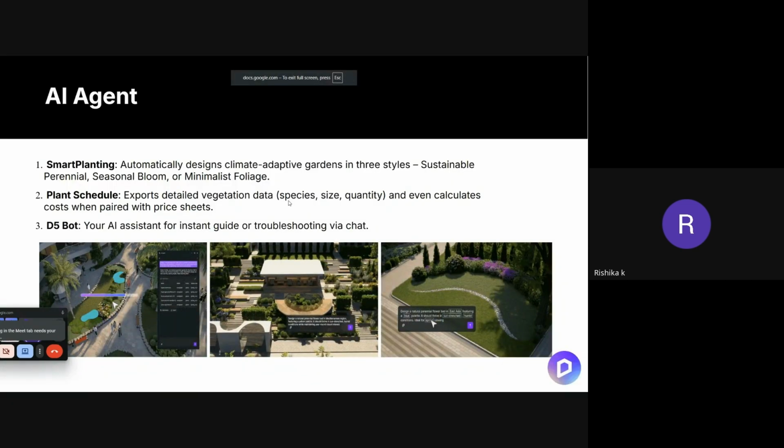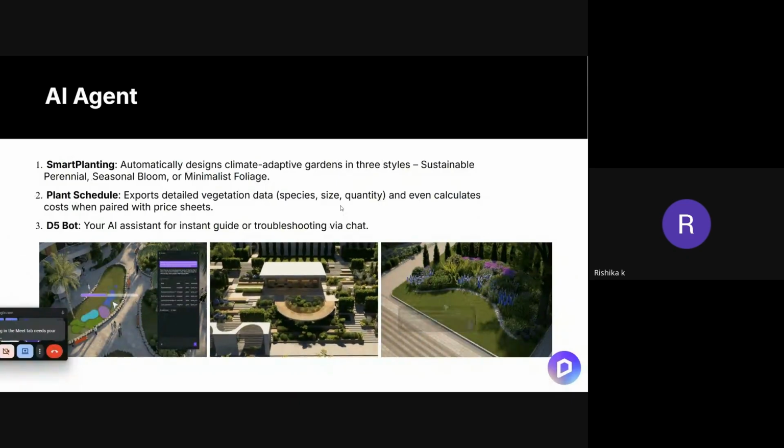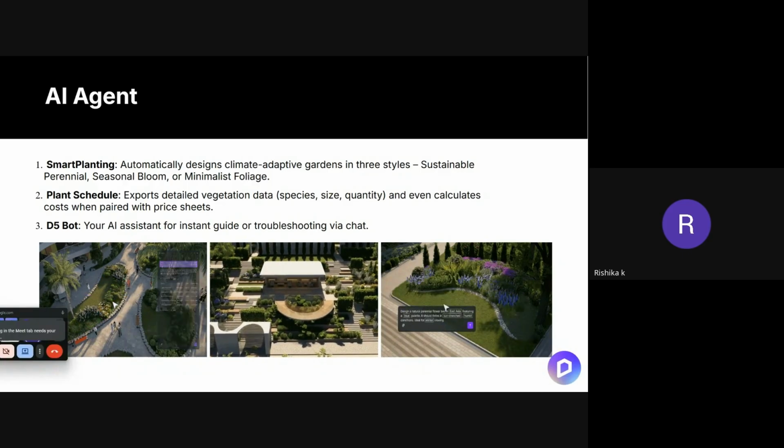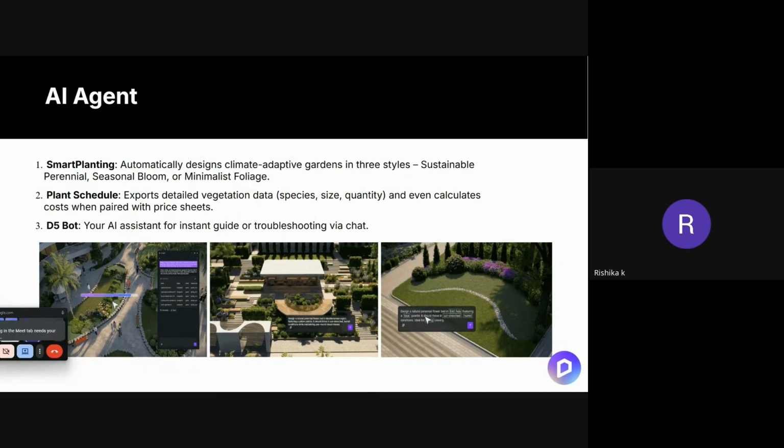So yes, these were some of the features which have been there in D5 from many past releases. From the last release, an AI agent was added into D5, so you can ask any questions via chat, or you can ask it to do some smart planting, which really gives some good species, size and quantity options, whichever you want to choose. I used it once for the landscape part,